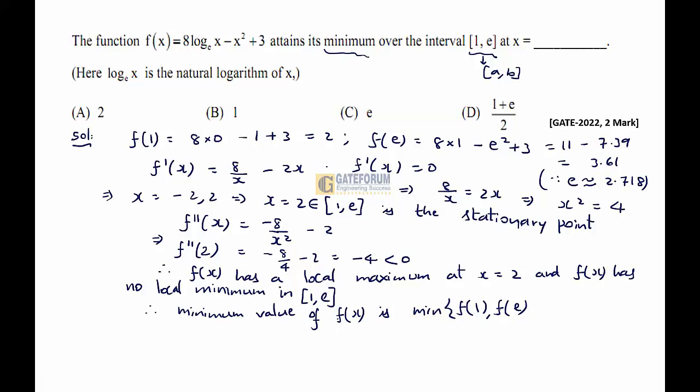Okay. So this value is 2 and this is 3.6. So the answer is 2. That is, it is not that the answer is the minimum value 2, but the question requires where it attains its minimum. Therefore,